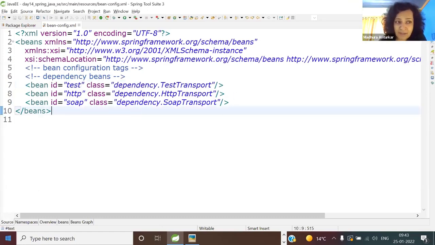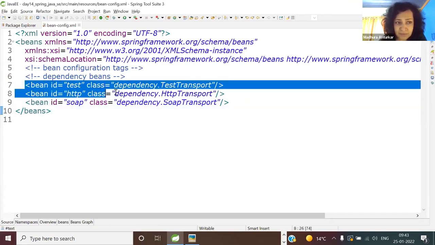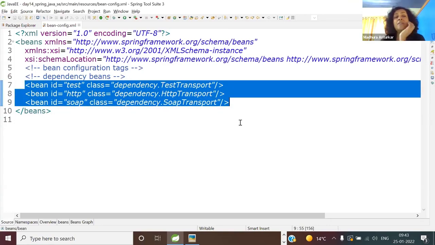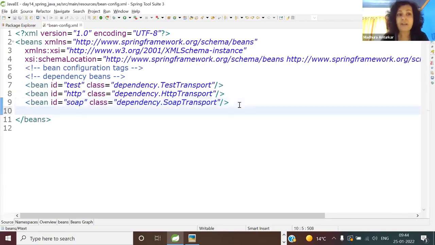So now I'm fast forwarding and I'm asking you, after these 3 lines are executed, how many beans, how many Java objects will you expect to see in the heap? Count and tell me. Answer is 3. 100% clear? Okay, that is the level of clarity you need to survive the interviews, or to survive your project creation and all. So dependency beans done, configured.